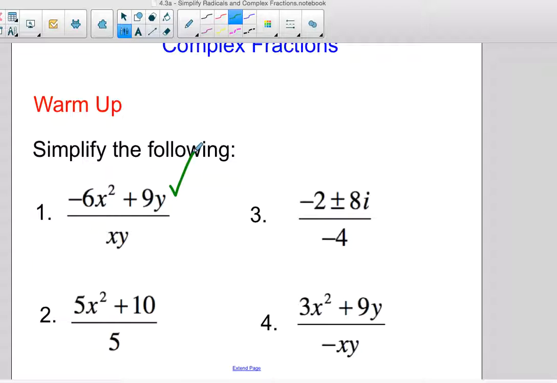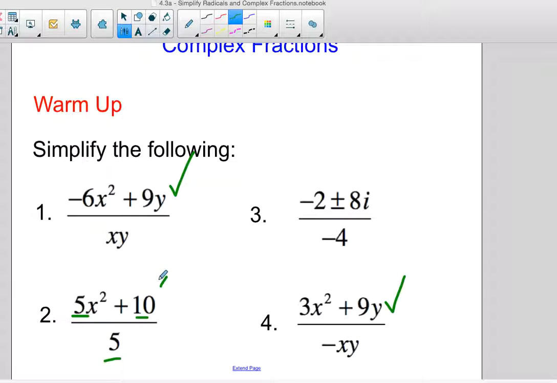So this is fine. I would take that completely as a final answer, simplified. And if you look at number 4, it's the same thing. Neither of those things have anything all in common, so that's fine. You could break it up, give this one a denominator of negative xy, give this one a denominator of negative xy, and then break it up from there. Same thing with here, this part over xy, this part over xy, but it's not more simplified than one, so that's fine. Number 2, they all have 5 in common, so you can reduce it all by 5,